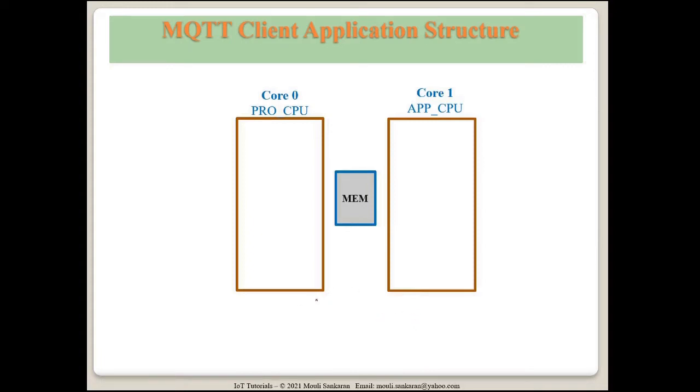Now, one important thing we should remember here is that the memory space in the ESP32 board is mapped to the same address from both cores. When I say mapped, if an application running on this core sends out a memory address, maybe 200x, and this other core is also sending out an address 200x, then they will be accessing the same location from both the cores.